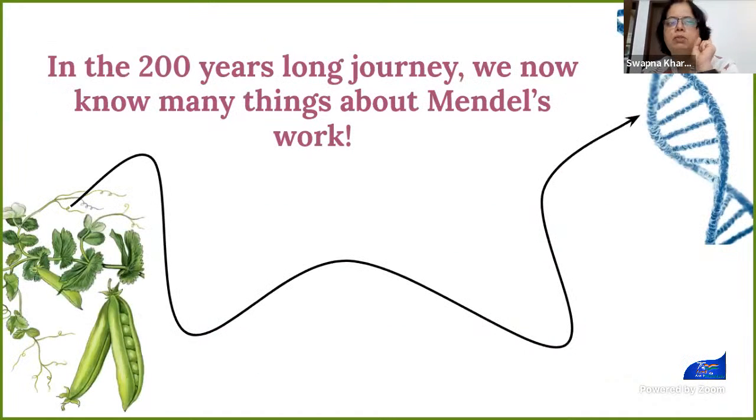Okay. So of course, Mendel continued his work and then he worked with two pairs, that is two characters, that is called a dihybrid cross, and further on. But in these initial first two sessions, we don't have time, so we are not going to discuss his further work. But what we want to show you briefly is what has happened after Mendel. So once Mendel's work is done,